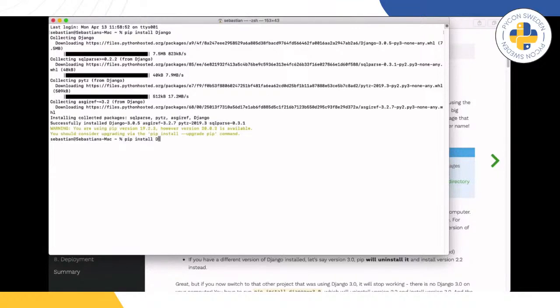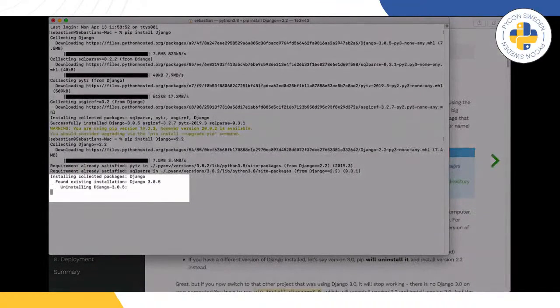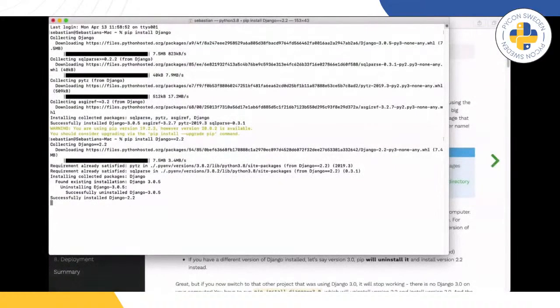So for example, if you want to have Django version 2, you will do pip install Django==2, and then pip will first check if you have this version of Django on your computer. If you don't have it, it's okay. Pip is going to install it. If you have a different version of Django, let's say version 3, pip will first uninstall it and then install